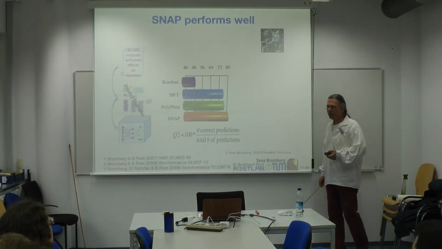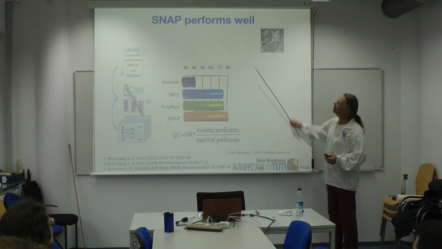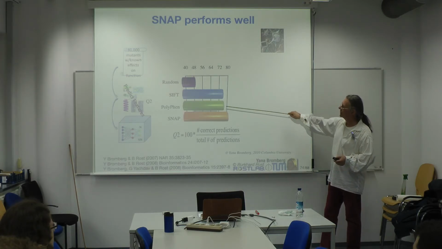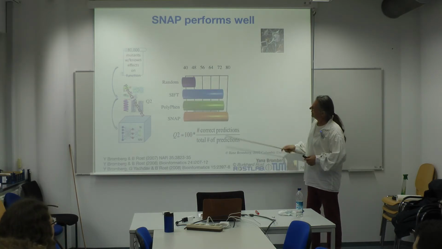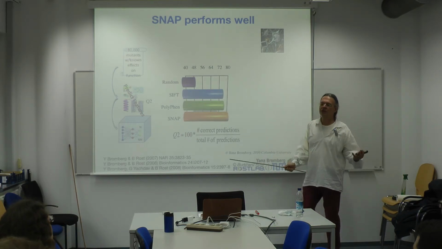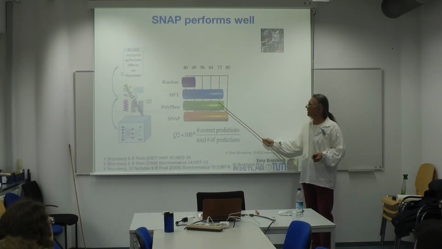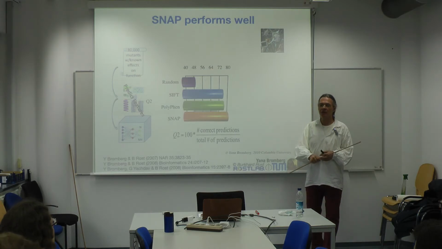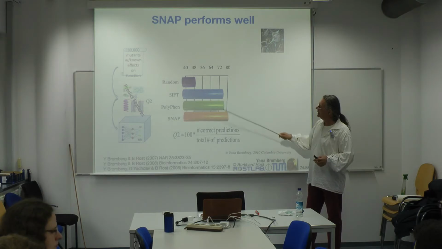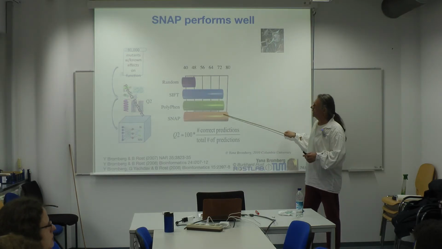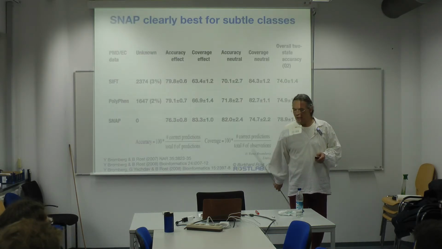Now you can compare the performance to other methods. Here, the method SNAP in a Q2 two-state accuracy versus PolyPhen, SIFT, and random. You immediately see that SIFT and PolyPhen, essentially simple optimizations that take an afternoon, well, SIFT takes an afternoon, PolyPhen takes much more than that, but it's still relatively simple. This took many years to do, but they both improve over random much more than SNAP improves over them. Okay, that is one simple reality.